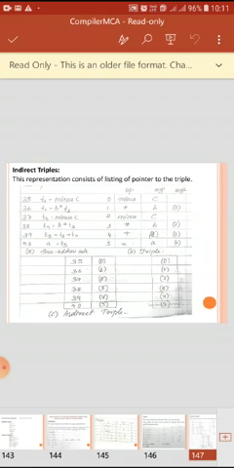Now what is the third column that has been separately mentioned here? This we are trying to relate. This refers to the line number of the indirect triple: line number 0, line number 1, line number 2, line number 3, line number 4 and line number 5. That is, position number 35 of 3 address code is directly pointing to line number 0 of the triple, which is nothing but line number 0 of the indirect triple.